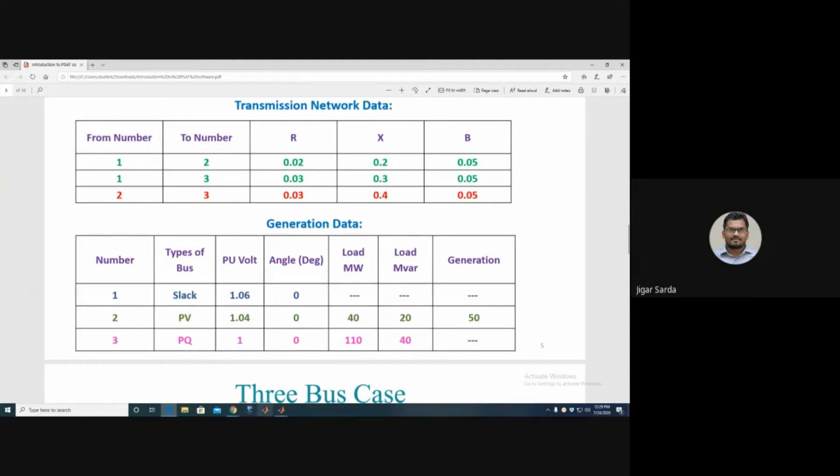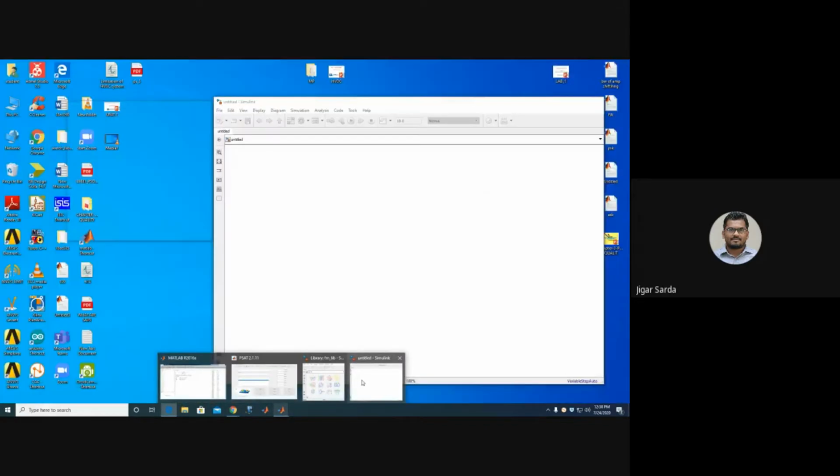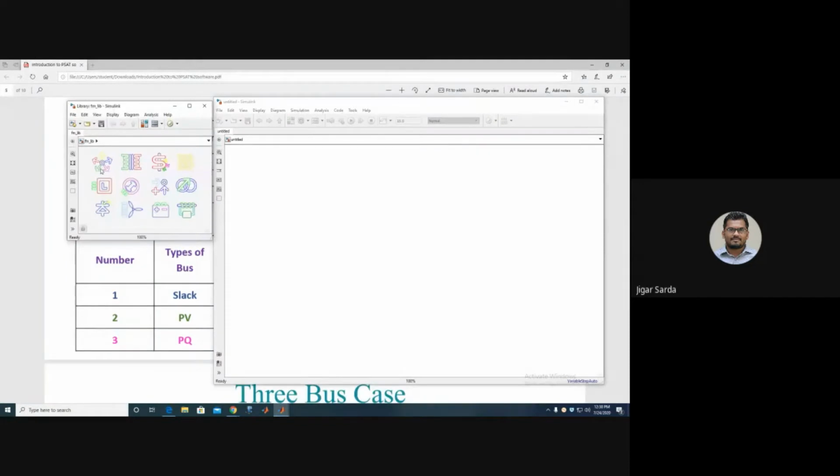So first of all, we draw the bus in PSAT software. For drawing the bus, you have to go to this component, single click on Bus, then drag and drop.